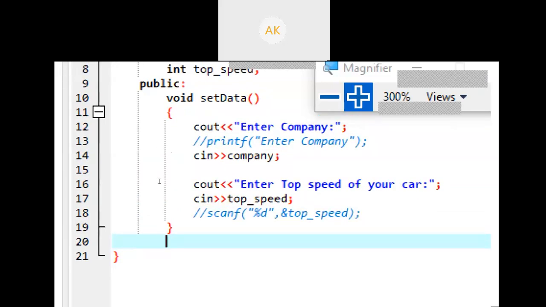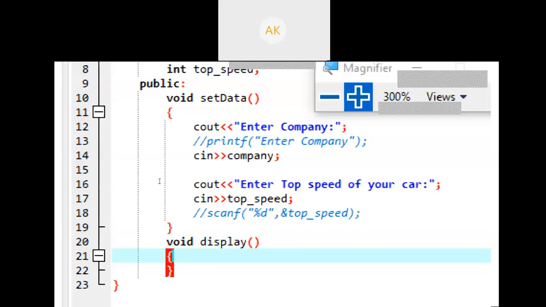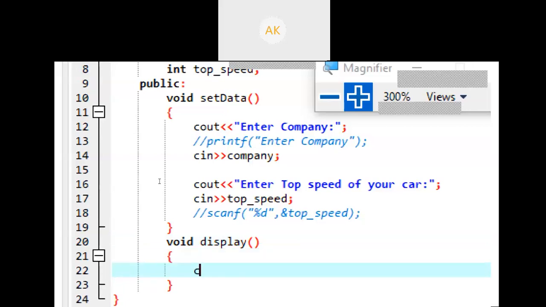After the first function, let's write another function, void display. Write the definition: cout, message, backslash n means new line, company, and whatever the name of the company you want to print, you will write company.